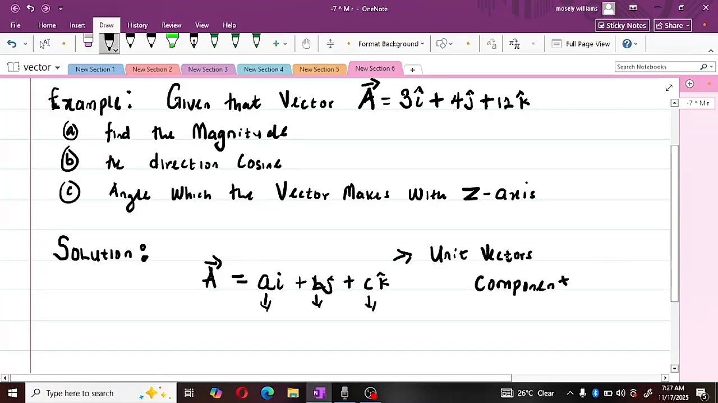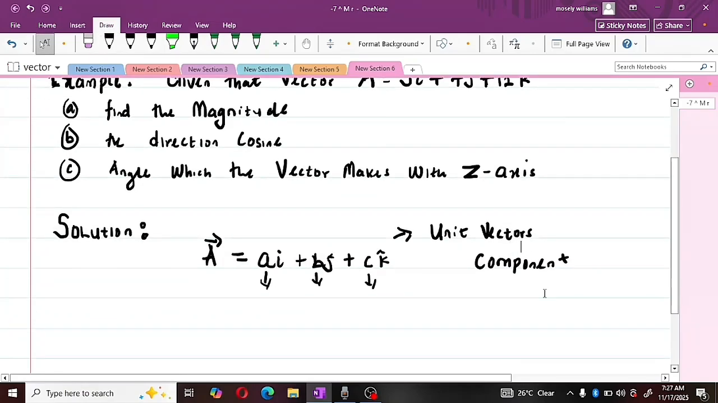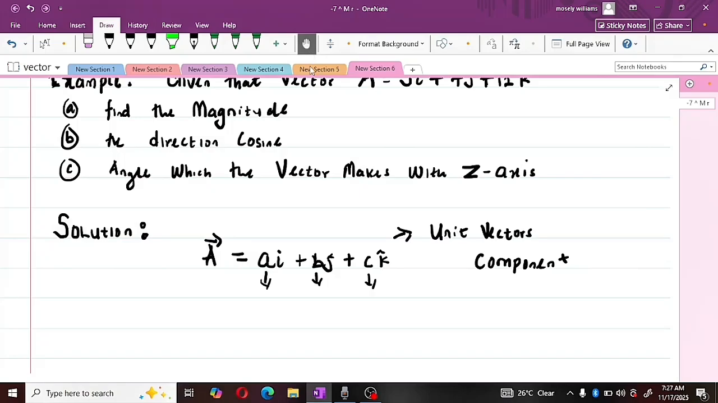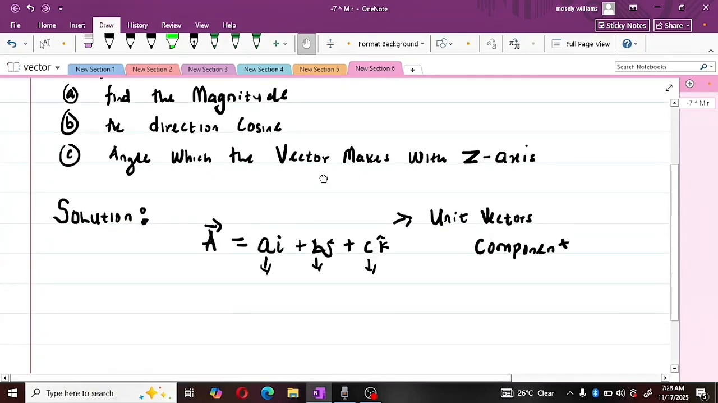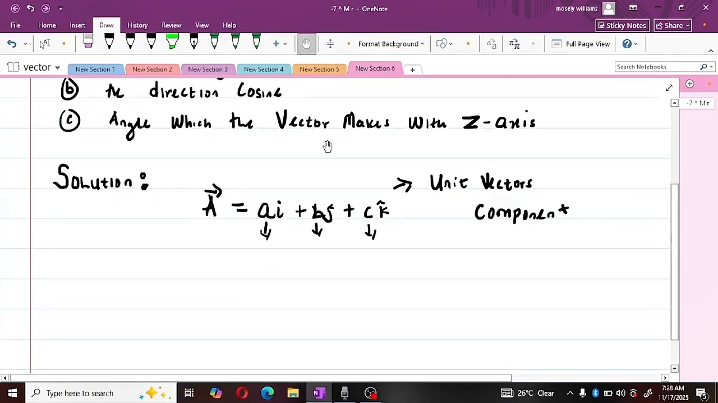Very good. Now, we already know that whenever we have a question like this, finding the magnitude is very, very simple because we already have the formula, right? To find the magnitude of that vector, we can just say the absolute value of the vector A is equal to the square root